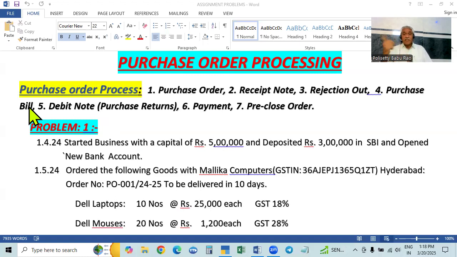After purchasing, when the goods are sent back, it is called purchase returns. This is rejection out, before entering the purchase entry. Before entering the purchase voucher, the goods received and sent back by rejecting is called rejection out. For a purchase return, we enter the debit note, and upon the balance, whatever the amount is payable, we will make the